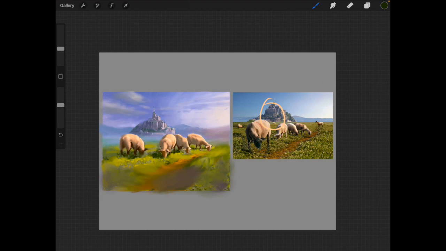And yeah, let's strengthen some of those shadows through there. And perhaps this sheep would be casting a shadow onto that sheep. So